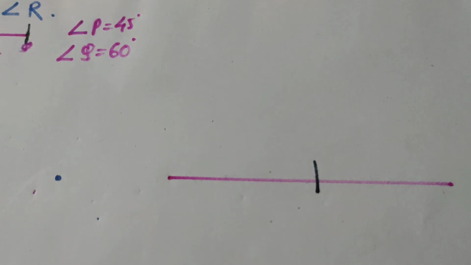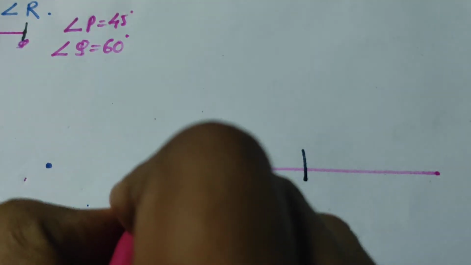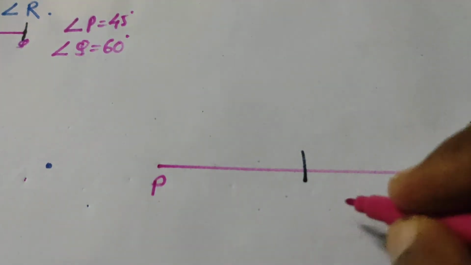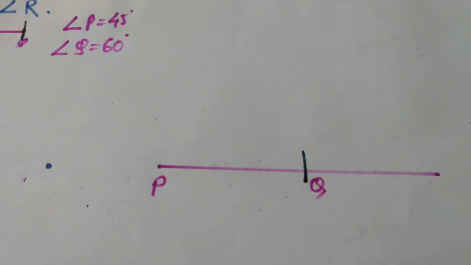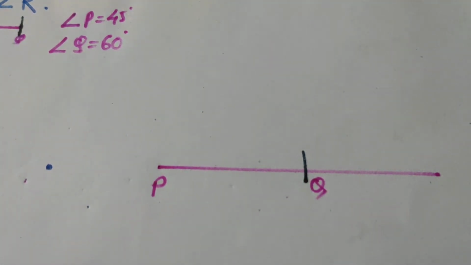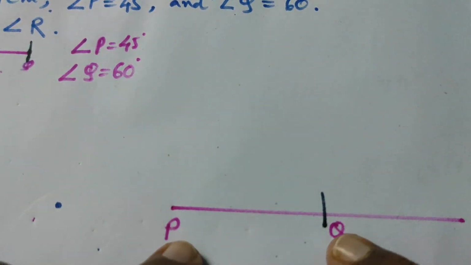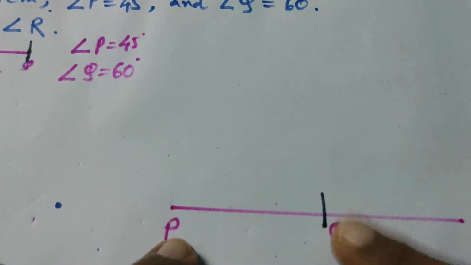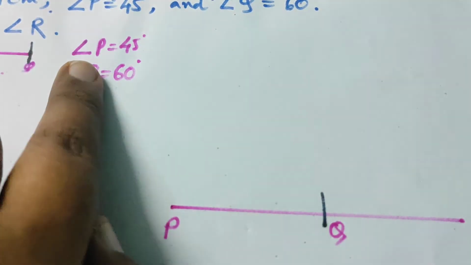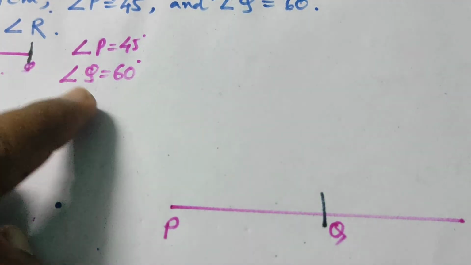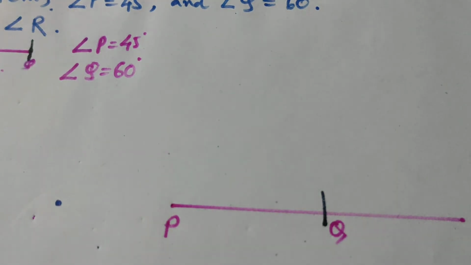Okay students, now tell me what's next. PQ line segment we have drawn for the triangle PQR. Next, the other two pieces of information are given, angle P 45 degree and angle Q 60 degree. So what we will do for this, at the point P we will draw 45 degree. Okay, so for 45 degree, first we will draw a right angle, that means 90 degree. So let us first draw a 90 degree angle